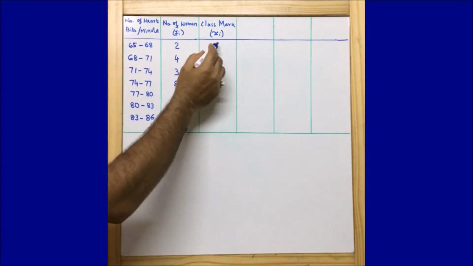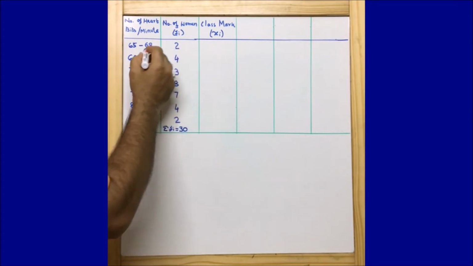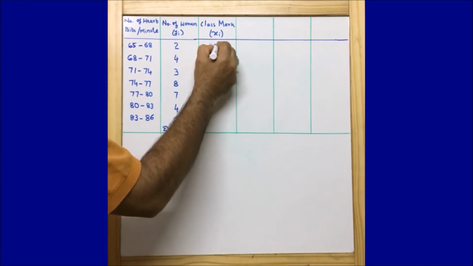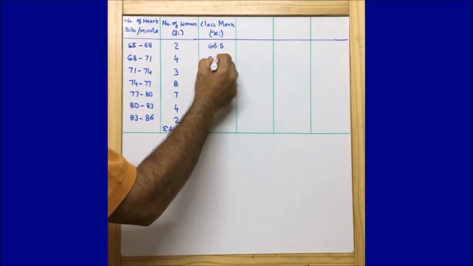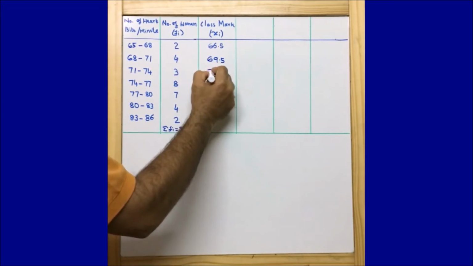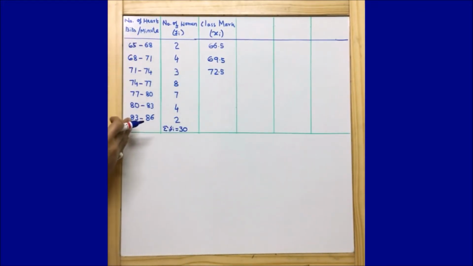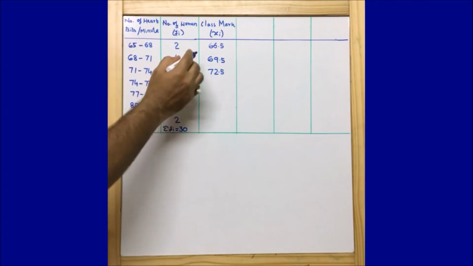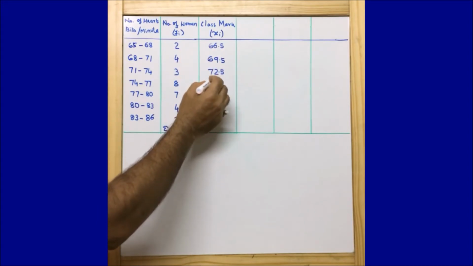So class mark, xi, is nothing but upper limit plus lower limit divided by 2. So here 68 plus 65 by 2, we will get 66.5. The second one will be 69.5, then 72.5. So guys, here is the trick. If you see the class interval is consistent, and the class height or the class difference is 3. So we can just keep on adding 3, like 66.5 plus 3 is 69.5, 69.5 plus 3 is 72.5,